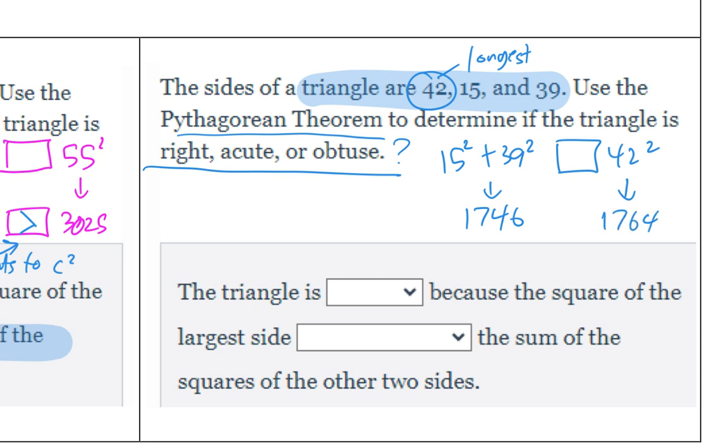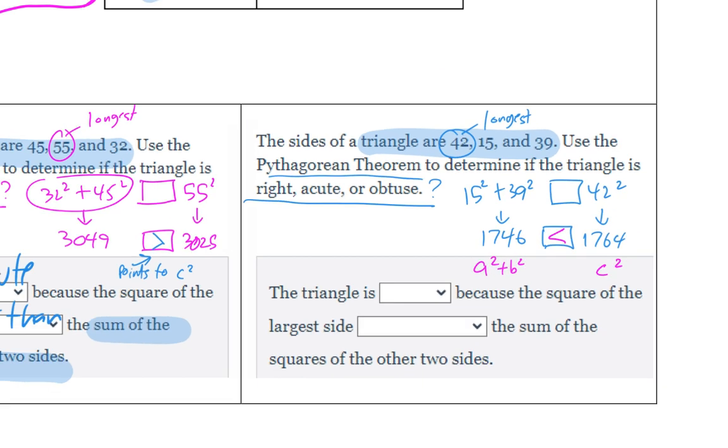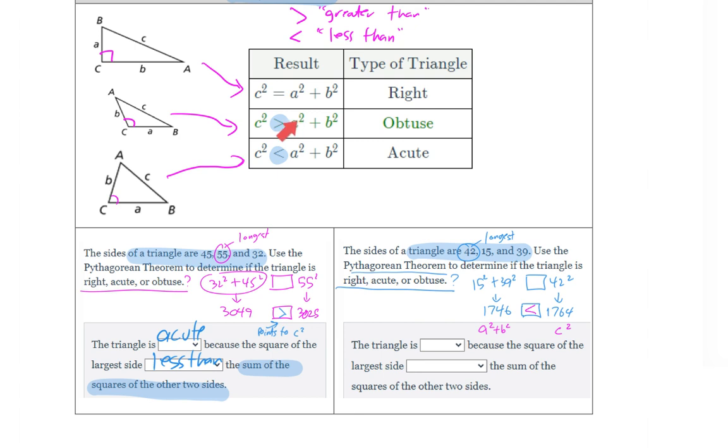So put the symbol the correct way. Which one should it point to? It points to the smaller value. If that's c squared and that's a squared plus b squared, that means it's pointing to the a squared plus b squared. So let's look: which one is pointing to the a squared plus b squared? This one. That's called obtuse. So that one is obtuse